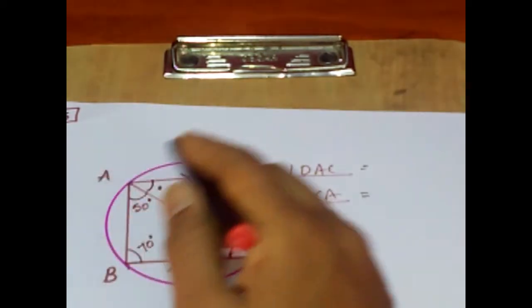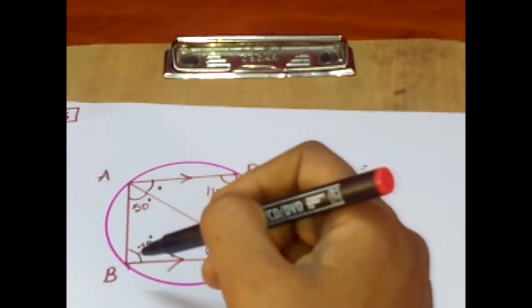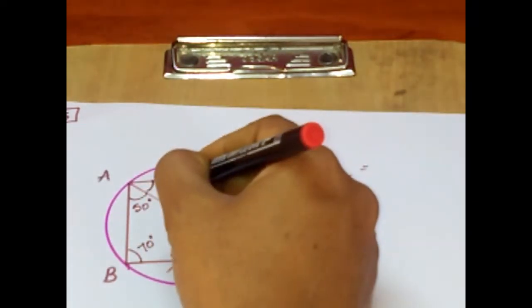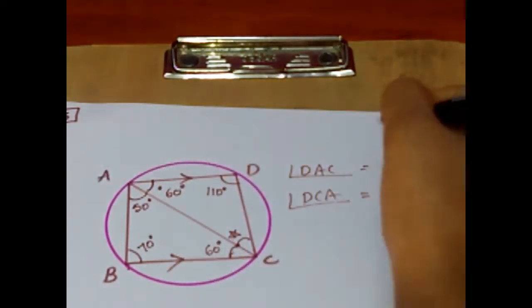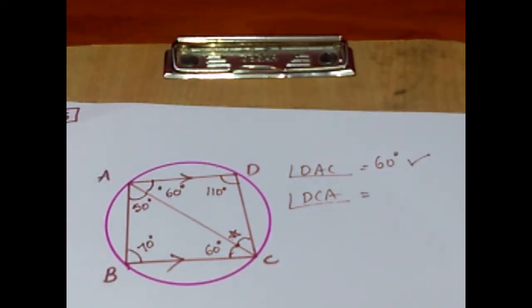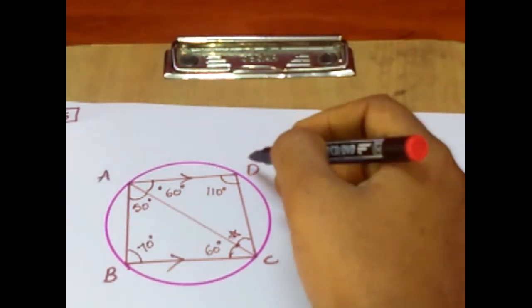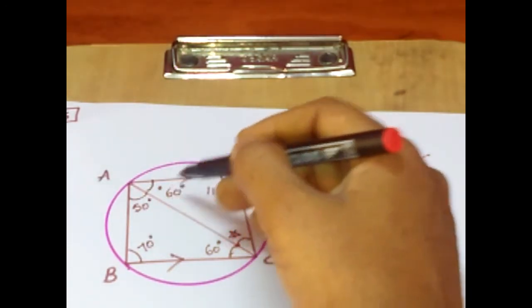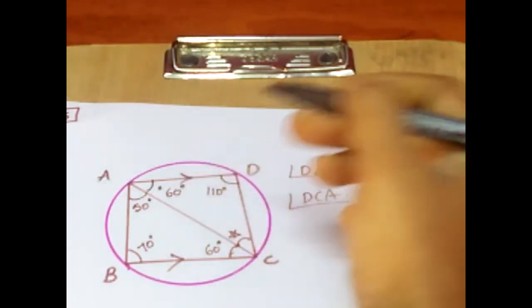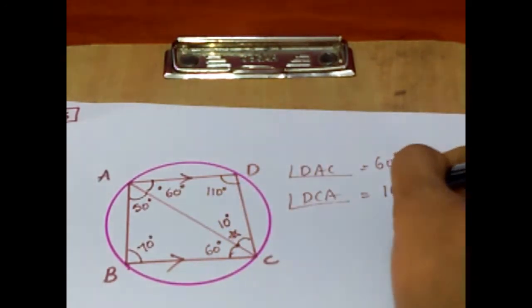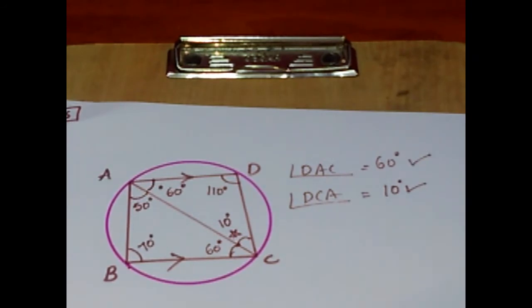Point number 3, AD is parallel to BC. Hence, angle BCA is equal to angle CAD. Alternate angles. So measure of angle DAC is equal to 60 degree. First angle is calculated. Now very simple. Here in triangle DAC, D is 110, A is 60 degree, 110 plus 60 is 170. Then the measure of angle DCA will be equal to 10 degree. This is point number 4. So let us solve this problem in 4 different steps.